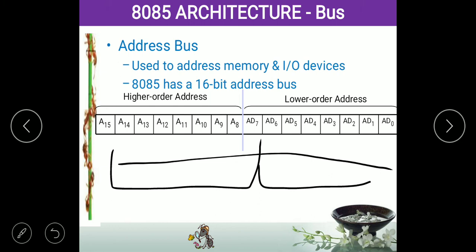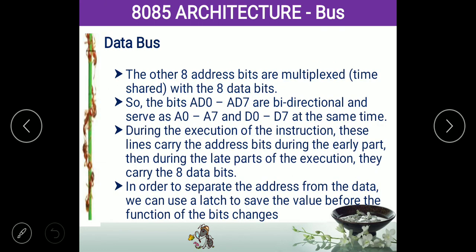The next set of 8 bits is called the lower order address bus. What does the lower order address bus do? When the address is available, it will transfer the address of that element. If there is no address to be transferred, and the processor is doing some data operations at that time, these pins are used to transfer the data. So the same 8-bit element is used to transfer the address and also the data. This process is called multiplexing, which we discussed in the first class. Is it correct? So it is called the lower order address bus.